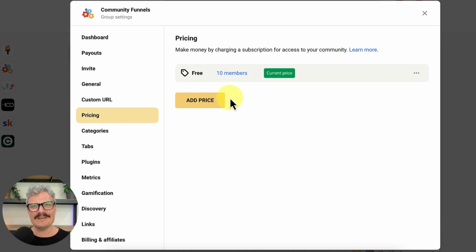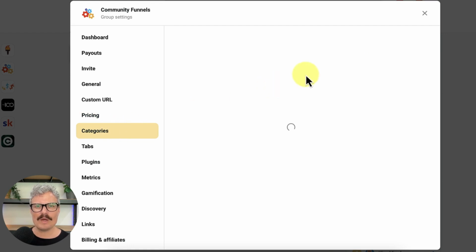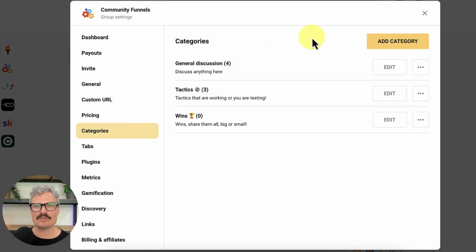So you really want to get as many free people in as possible, and then you can remove people later if they're not engaging or anything else. So better to get more people in to start, and then get more tight later on as you're getting more and more people inside. The categories, these are where you can do those different tabs that are across the top,